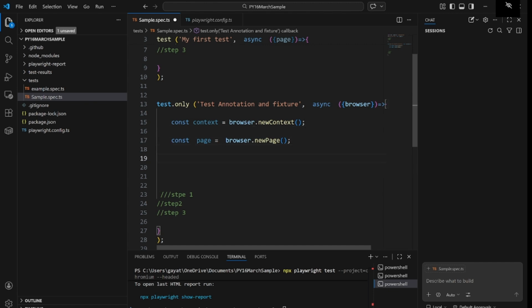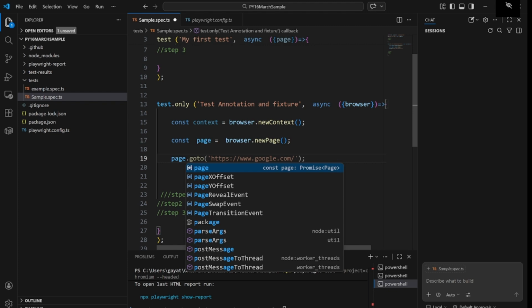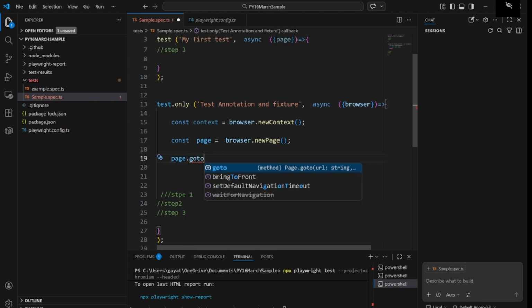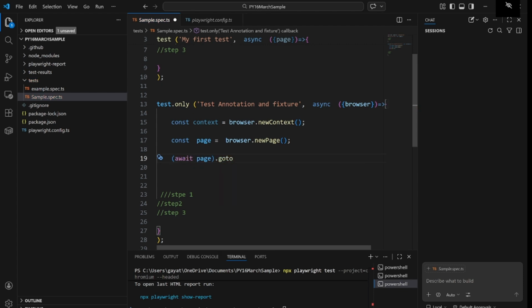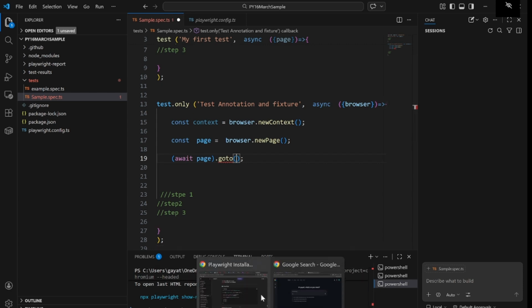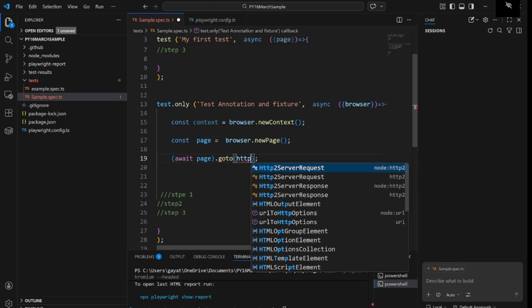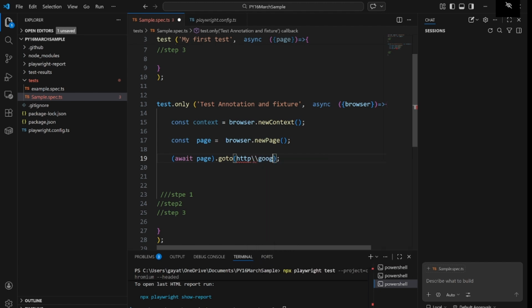So now we have to go to some website. So what can we use? goto, right? Goto, and then we can provide the path of whatever we want to launch. In this way, you can provide http google.com.